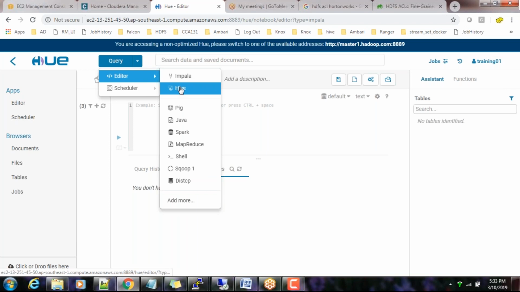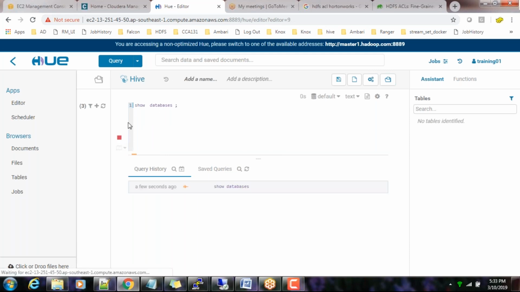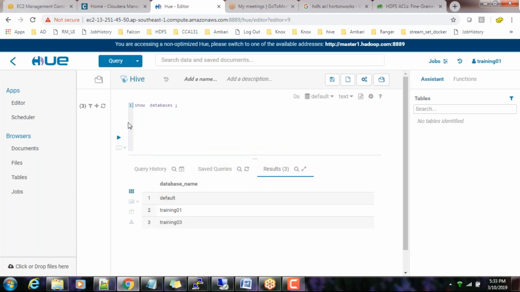So just choose Impala, then show databases will list all the databases. So this is nothing like switching or logging in to a user and connecting Beeline and executing show databases. Not only show databases, if you have any complicated or big query, you can paste it here